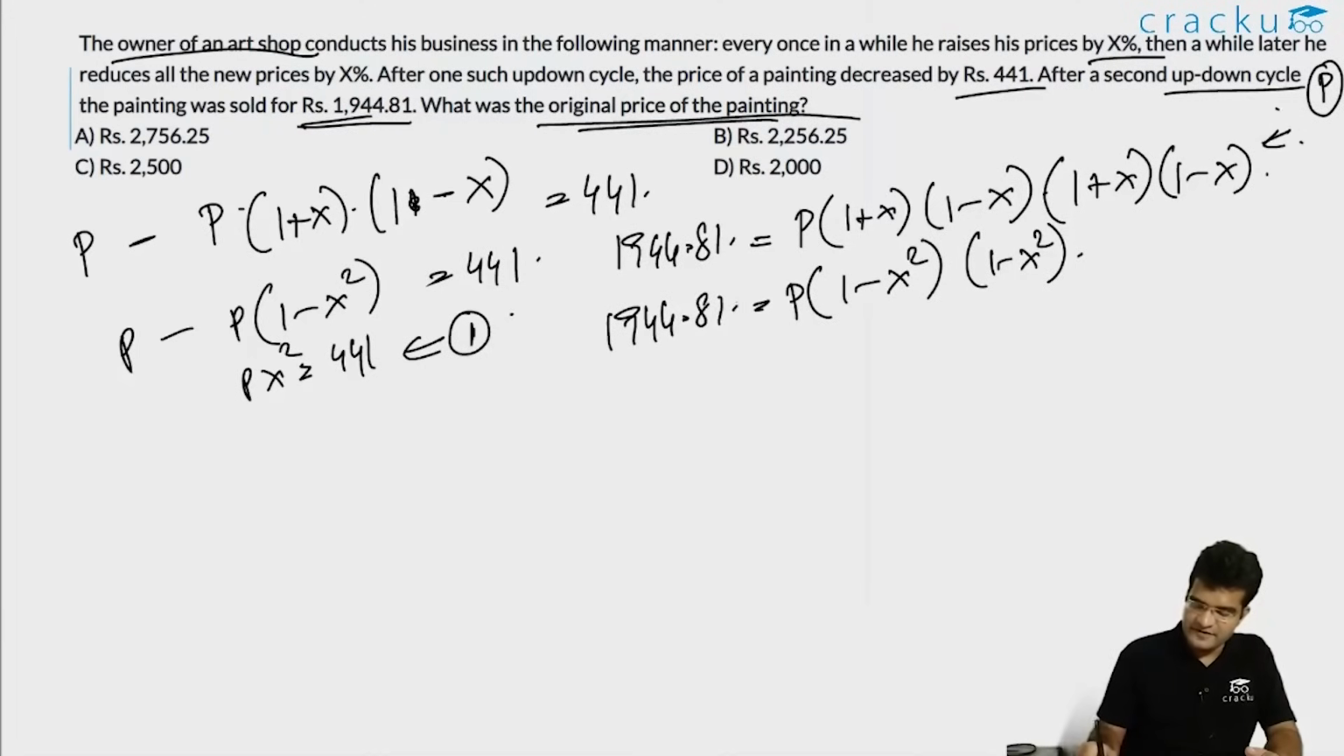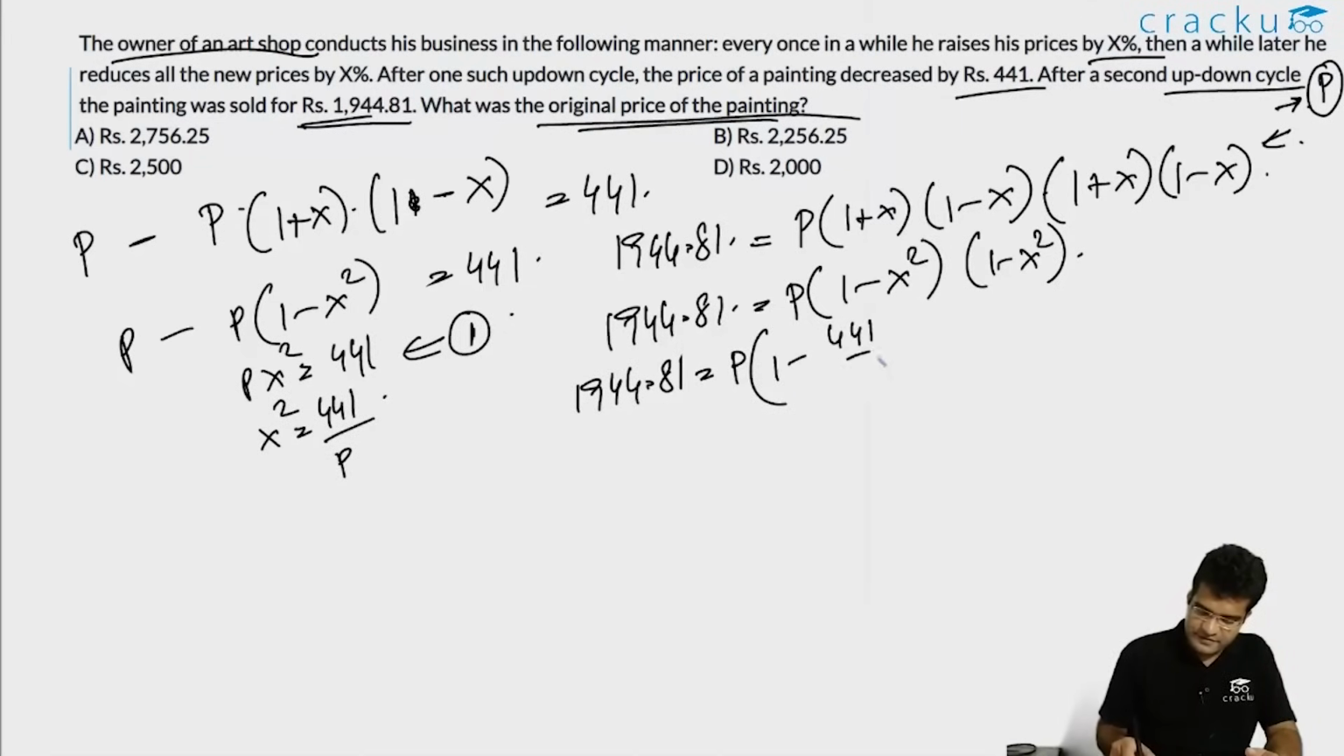Now we need to calculate the value of P, so we will eliminate X square from the second equation. From the first equation, X square is equal to 441 by P. So from the second equation, this becomes 1944.81 is equal to P into (1 minus 441 by P) into (1 minus 441 by P). So this becomes, the right hand side becomes (441 minus P) whole square